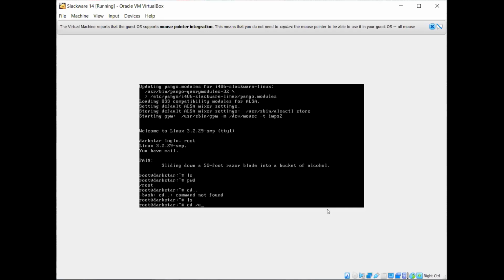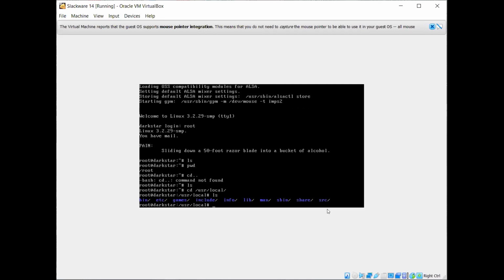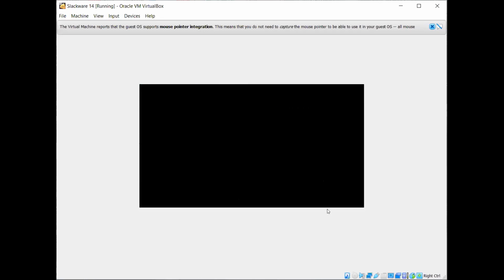If I want to go to user local, now the system is installed. If I want to go to the graphical user interface, that is also possible in Slackware. The command that you need to execute would be startx.